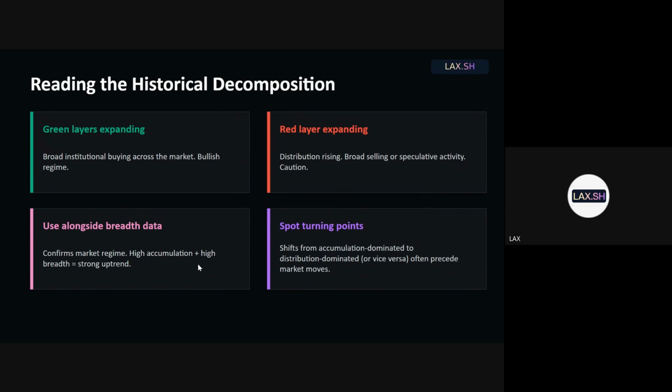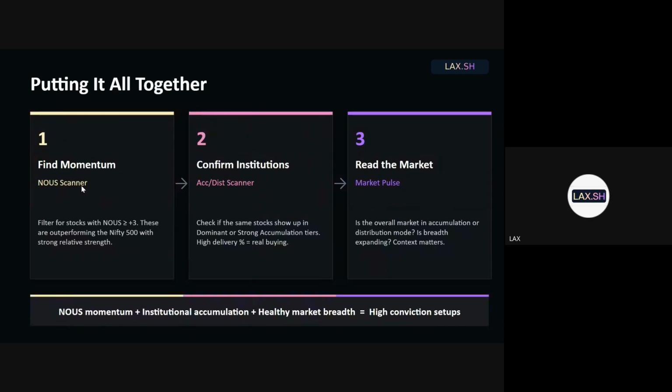Actually, I'll say that is right, but the most important decision for an investor is lump sum points, and they come when there is extremely weak breadth, pulse data, but high accumulation. We have already discussed the Hahakar indicator, and today again I'll go through that. So you couple that with accumulation data, and then you have the perfect recipe for lump sum. So these turning points are what you'll get from this, which will be really great for you. So news scanners help you in finding momentum, whether positive or negative.